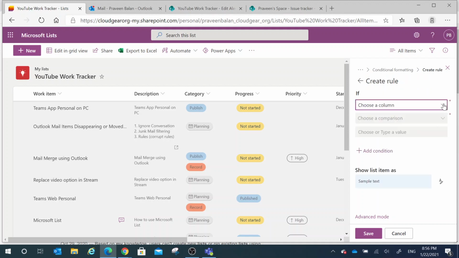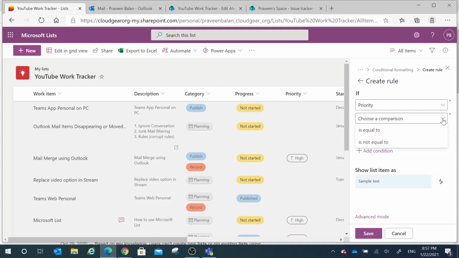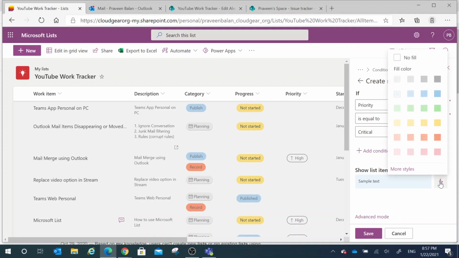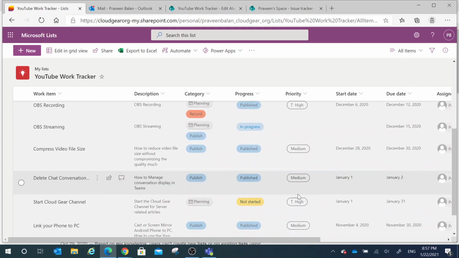If you remember, we have something like formatting a list in Excel. This is more or less the same, but the execution is simpler than in Excel. What I am doing here is that I want to see the item in red whose priority is critical. So let's save and see the changes in the list.